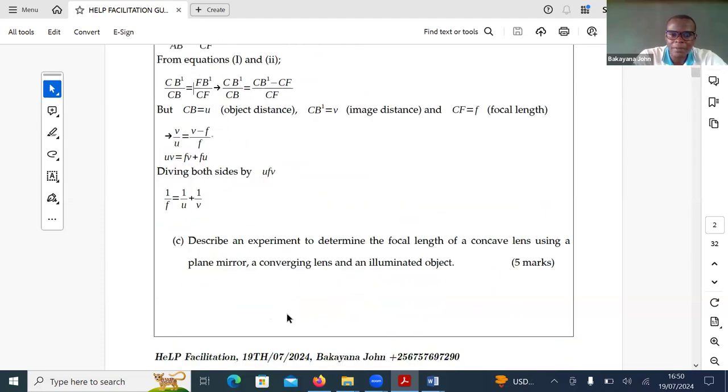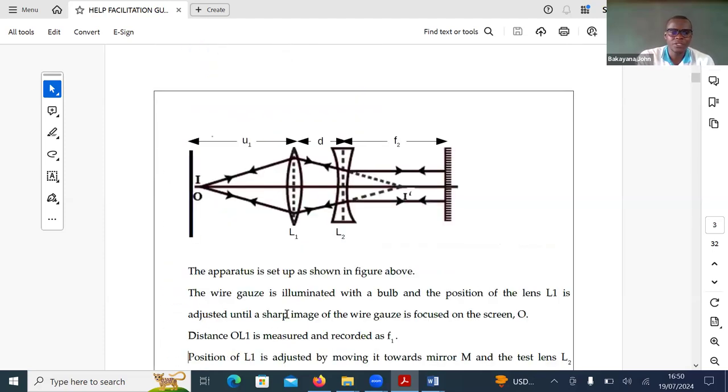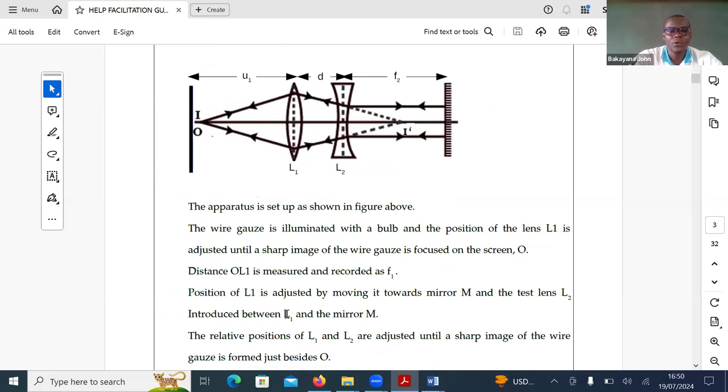An experiment to determine the focal length of a concave lens using a plane mirror, a converging lens, and an illuminated object. You know there are many ways of determining focal length of a concave lens, but here we are specific that you should use a convex lens, plane mirror, and an illuminated object, of which we have